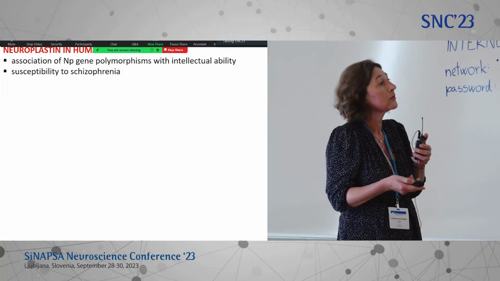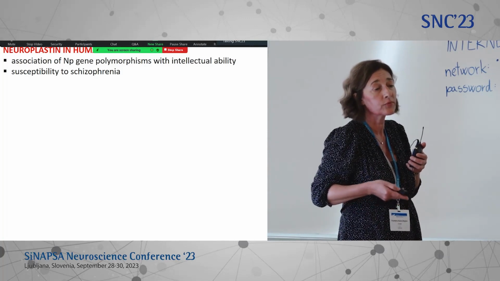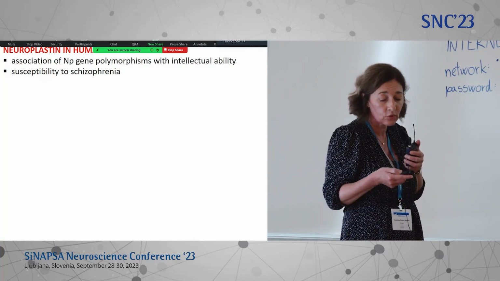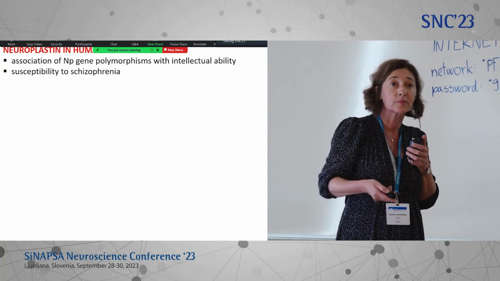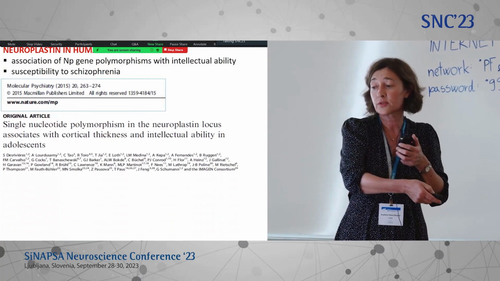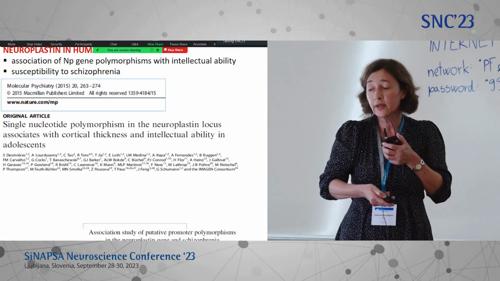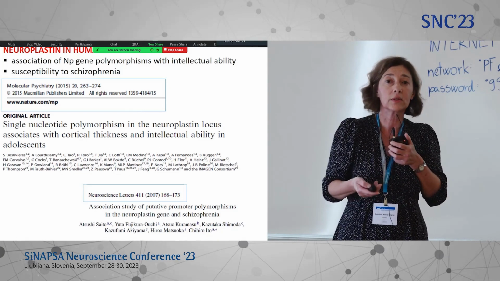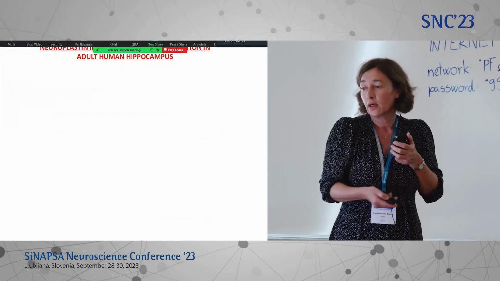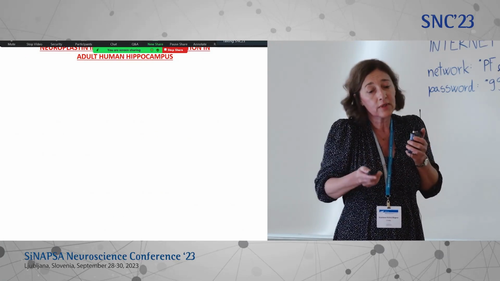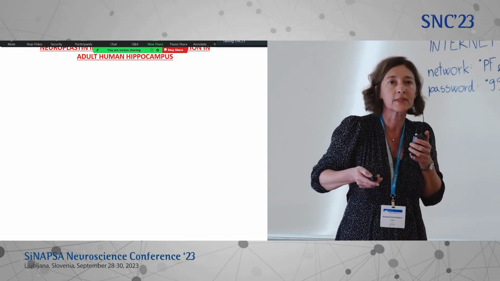mice, and what is interesting now for us is what is going on in humans. And rather for a long time we did not have information about neuroplastin in human, just in several studies which were talking about genetic polymorphisms in humans. And what is interesting is that they found some kind of relationship or association with intellectual ability in adolescence, and also in situation when we can talk about susceptibilities to schizophrenia. But okay, there have been some data about genetic polymorphisms, but not where exactly neuroplastin is situated